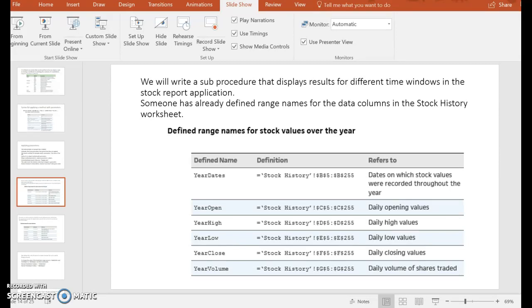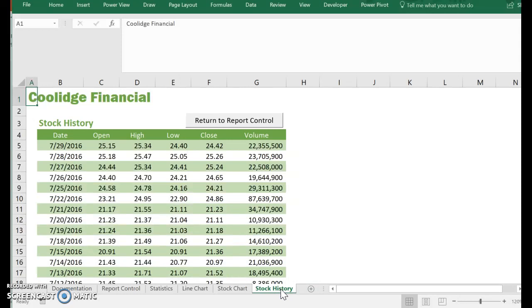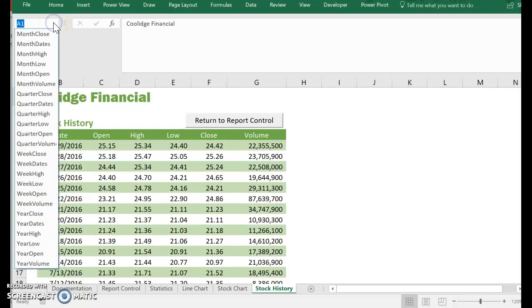You see that year dates is equal to the entire column in stock history that corresponds to dates. So here's the stock history tab. And if you click here, up here in the cell address button, you'll see that we have year dates, but